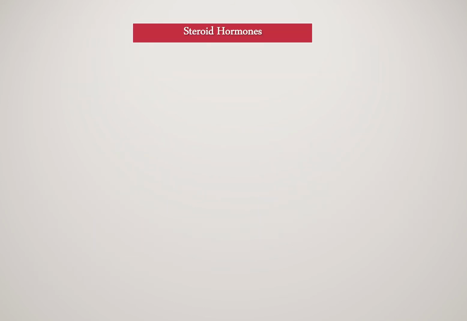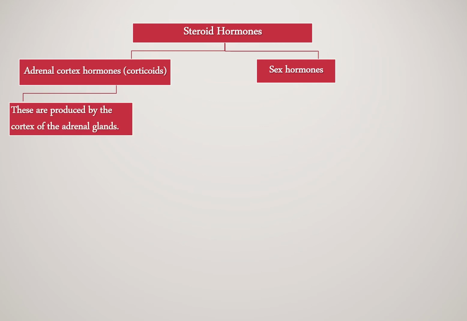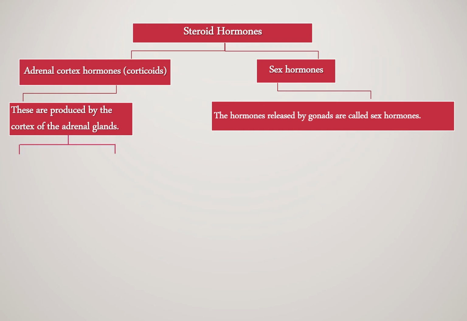Let us talk about the steroid hormones. The steroid hormones are broadly classified into the corticoids and the sex hormones. When we talk about the corticoids, where are they produced? They are produced by the cortex of the adrenal glands, and they are of two types: